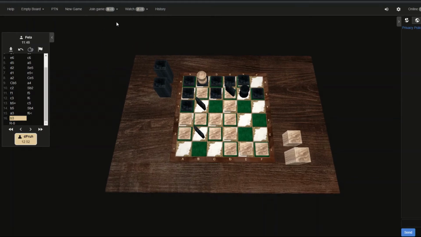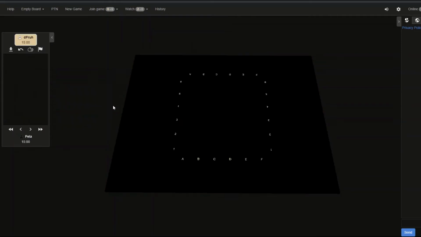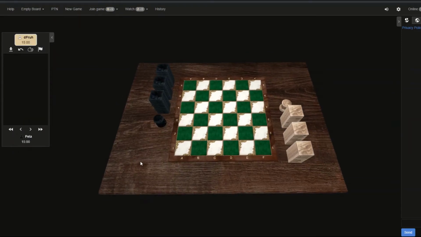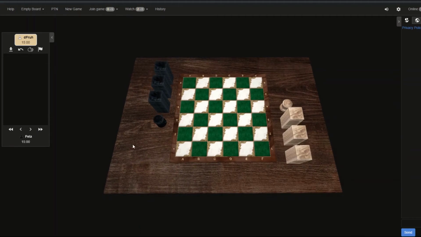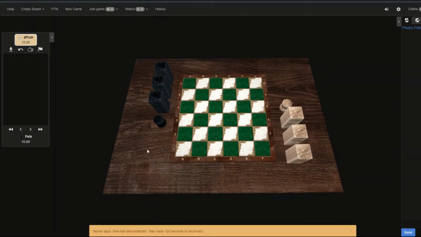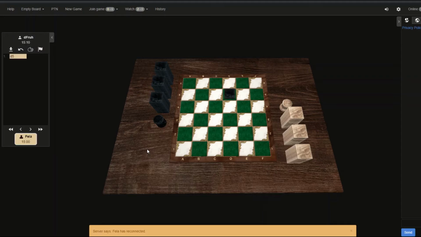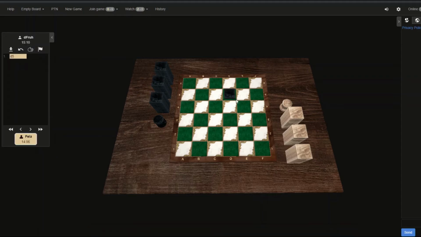So it looks like Fela does have the seek up. Fela playing as black, dFruh as white. They're going quickly into game two, not waiting around, taking a break, just going straight into it. Fela did disconnect. So it looks like we're waiting for Fela to reconnect to the game. And Fela is reconnected. dFruh again playing one of these really